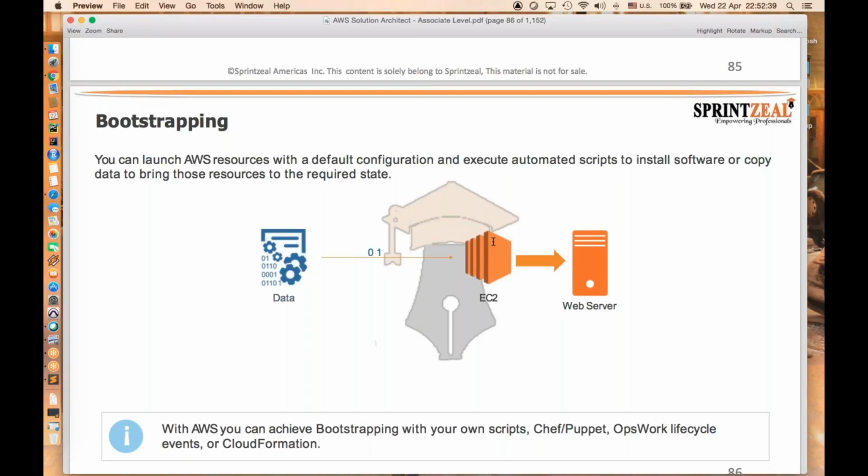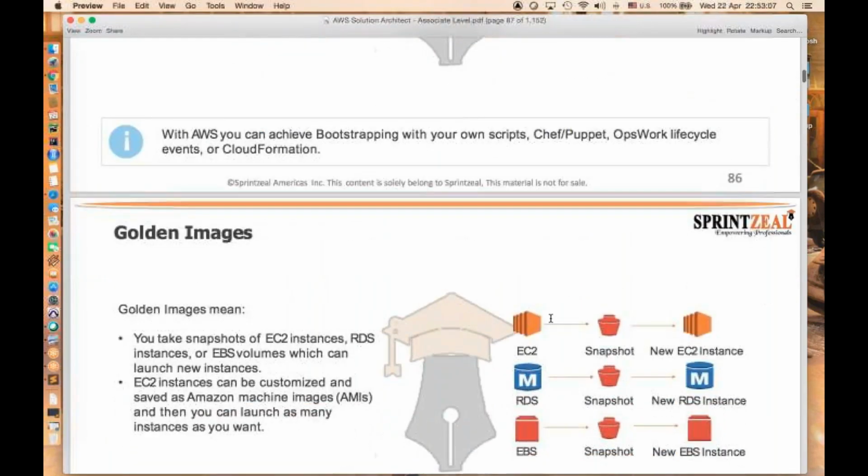Mostly Chef and Puppet are used by most people in the infrastructure team, from what I see in my experience, to create a clone of the system. Bootstrapping is nothing but cloning a similar kind of environment for multiple, more than the required, systems. That's bootstrapping.